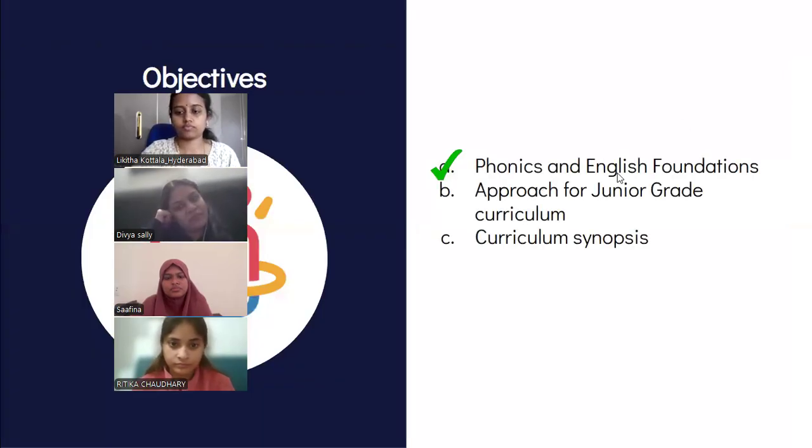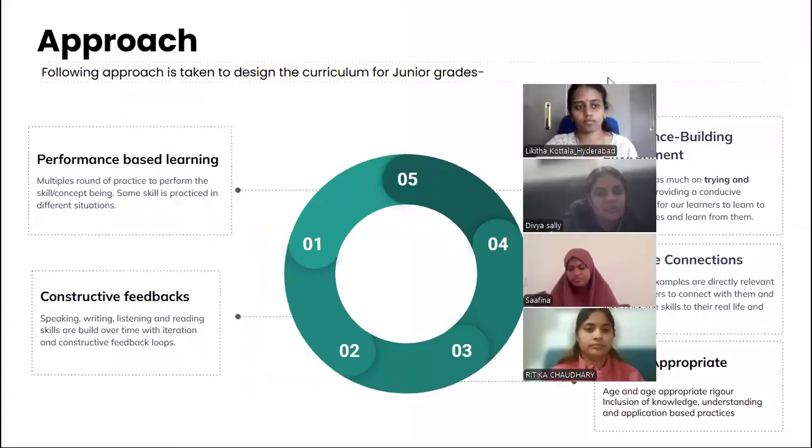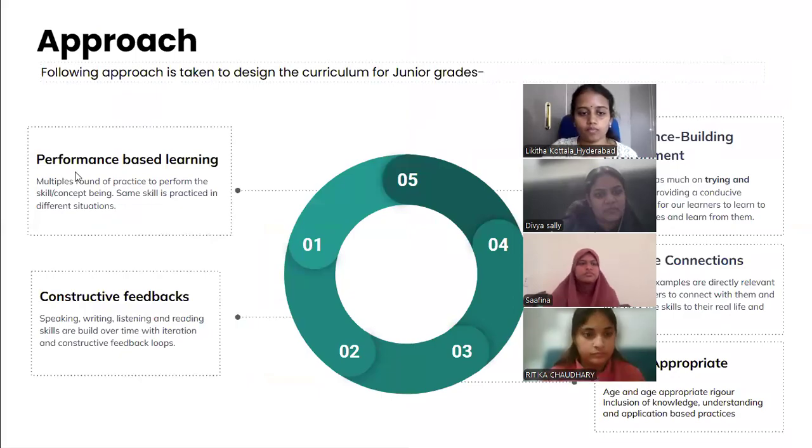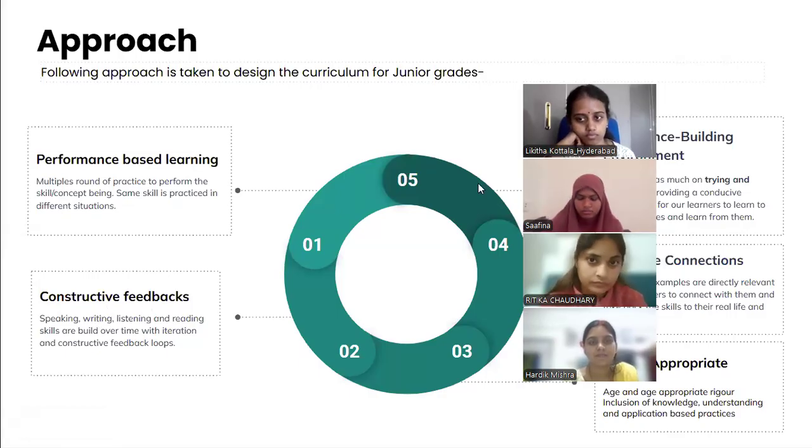Now, phonics we have covered. Now let's see the second approach, junior grade. Again, it is performance-based learning. Very important. A lot of practice opportunities are given to our learners. Again and again, teachers, the same thing is being repeated because you need to understand that we emphasize that practice makes a man perfect. Before going to a new topic, we make sure that the child gets enough chance to practice it. After doing that, we always give them constructive feedback, as we have seen today, on how to give constructive feedback to our learners.